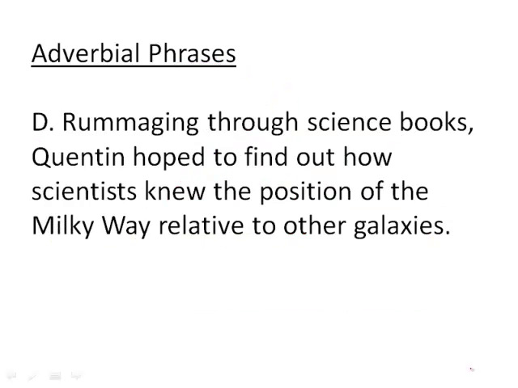And finally, just to make things more difficult, let's have a big sentence. Rummaging through science books, Quentin... And so, again, we have this participial phrase. It starts with this verb that's changed into the ing form. We call this an example of a participle, and here's the phrase. We're also going to have a lesson later in the clause section on misplaced modifiers, and that's going to help us determine what this phrase should be talking about. And it should always be talking about the thing or person that comes directly after the comma. This comma right there. Of course, it was Quentin the one rummaging through science books.